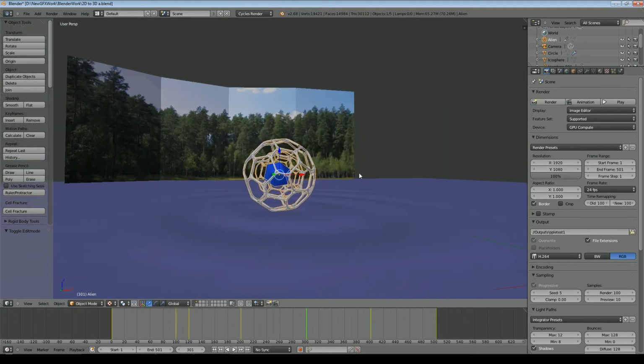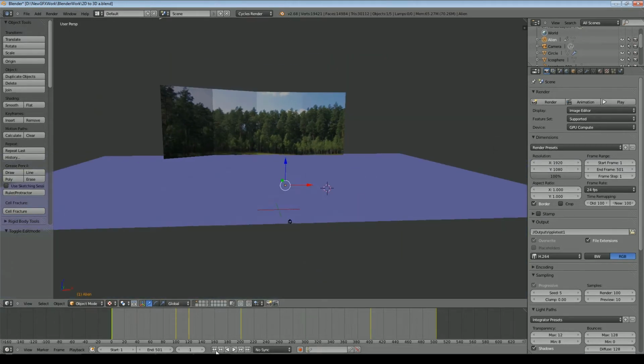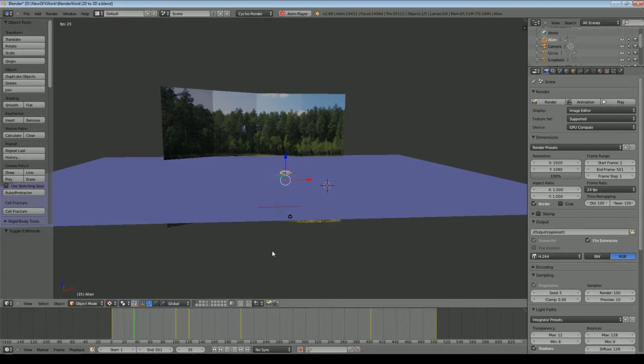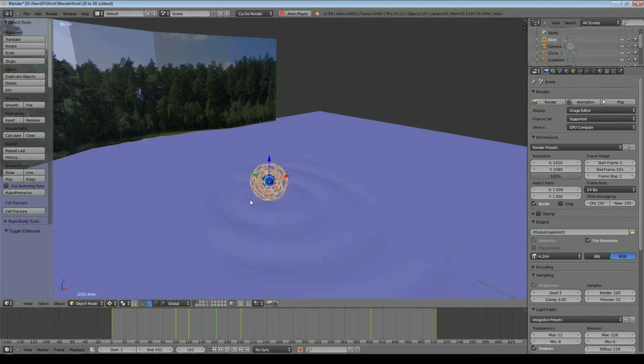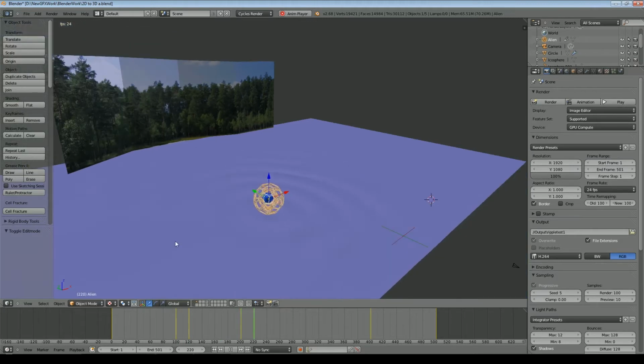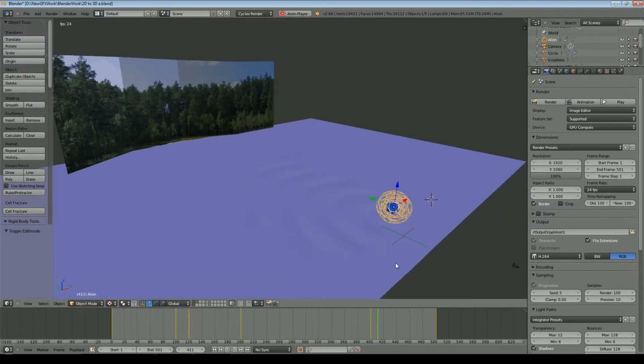Just a weird little object I created as the displacement object, and obviously the whole thing is animated. You can see that the object comes up through the plane, affects it, you can see ripples coming from it, and the ripples follow the object as if perhaps water was dripping off it or whatever, and then eventually it moves towards the camera, which is down here and out of view. So I'll create a new scene, and here we go.